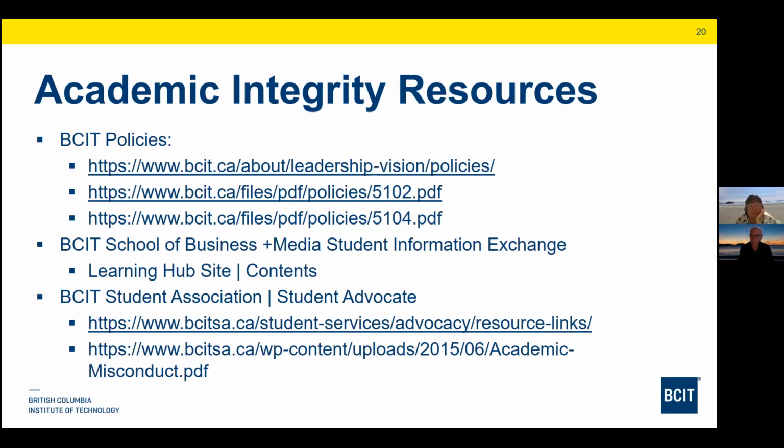If you receive an email from your faculty, or if you're taken aside after a lab or lecture and the instructor says to you, I would like to have a meeting with you to talk about academic integrity or a potential cheating incident, you have a right in that meeting to have an advocate present with you. That advocate could be a friend, it could be a family member, or it could be someone from the